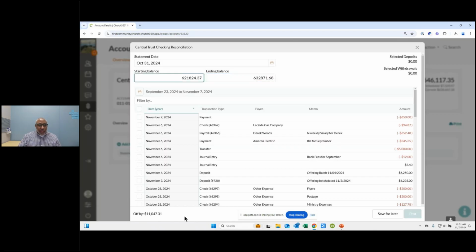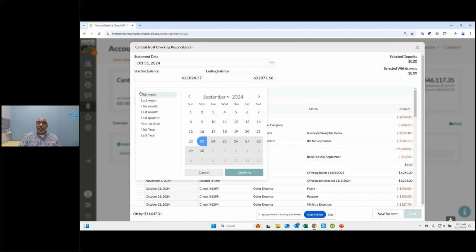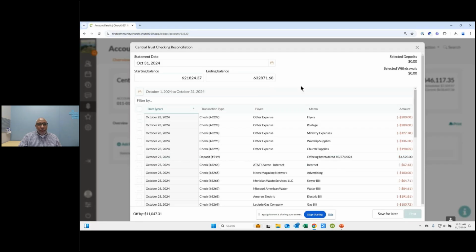When I put those two numbers in, that calculates this number between the two. And when I start checking my transactions, that then works with my offset to get me down to zero. So my goal is for that number to be zero. So we did add in a date filter. I'm going to encourage everybody to be really careful with the date filter. Selecting a date range can exclude transactions that you want to reconcile. So I'm doing the month of October. So I'm going to select my date range for the month of October and do confirm.